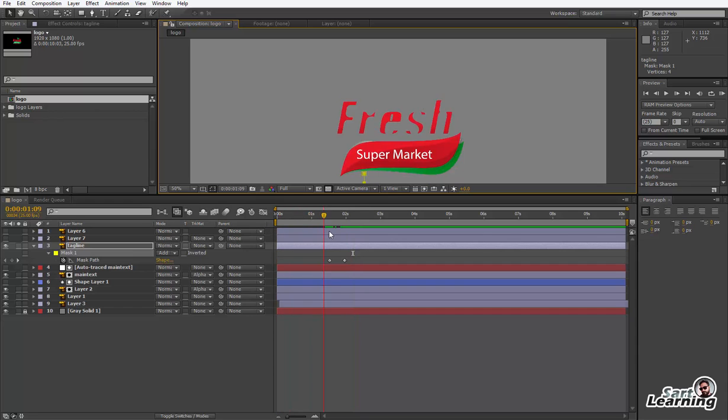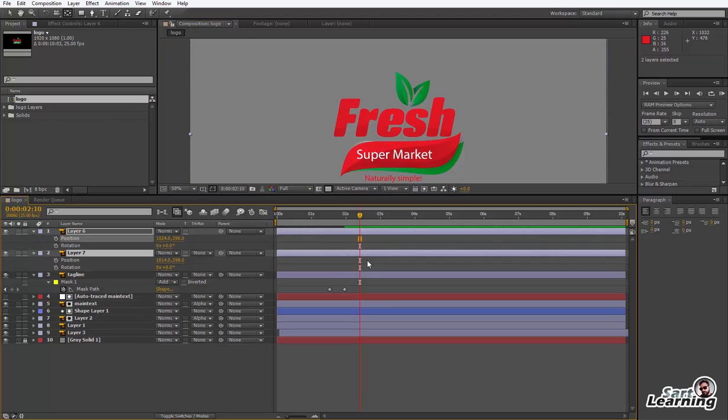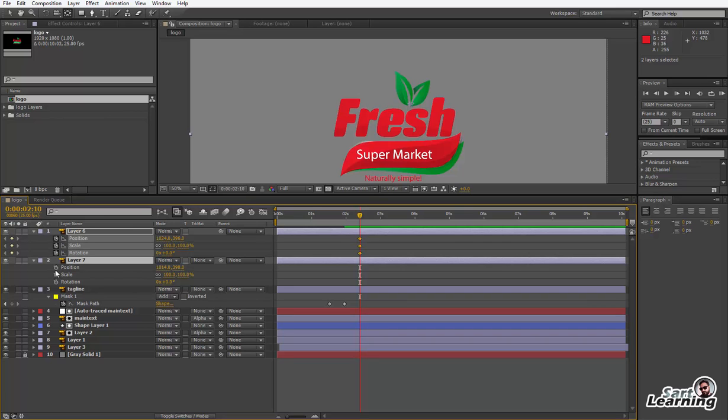The next thing is my leaf part. So click on both these layers and move the center point to the corner of the leaf, and with the same technique which I used on the below part of the text, I just use rotation and scale down. If you want to give some rotation, you can give rotation or scaling, whatever animation you want, but since both come at the same timing, I just give some randomness.